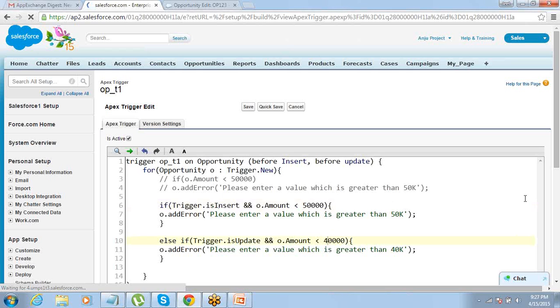So let's do one thing. We are going to do a few more examples on trigger. We'll discuss more on trigger tomorrow. So just go back, try to write small triggers the way we have discussed this one. Write small triggers and then try to write triggers for different objects. Okay, so just don't write it for opportunity or an account. Try to come up with some sort of small logic and write it on any object.